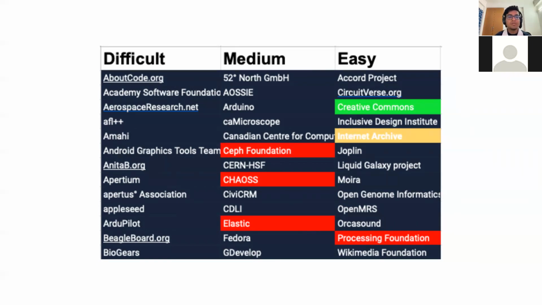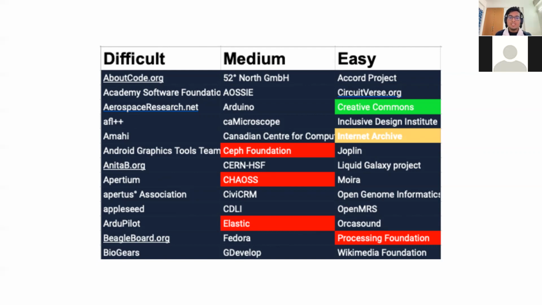Next, the medium column. In this, you will put all the organizations that do have projects which slightly match up with your skill level or your interest, but you're not sure if you will be able to gain the required skills in the remaining time. Or there can be other factors as well. Maybe you checked out the communication channel for that particular organization, and maybe it's way too crowded, or you think your chances of getting selected are less, so you can put that in the medium column.